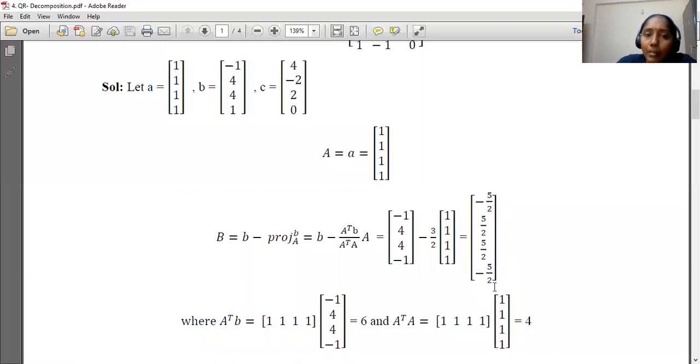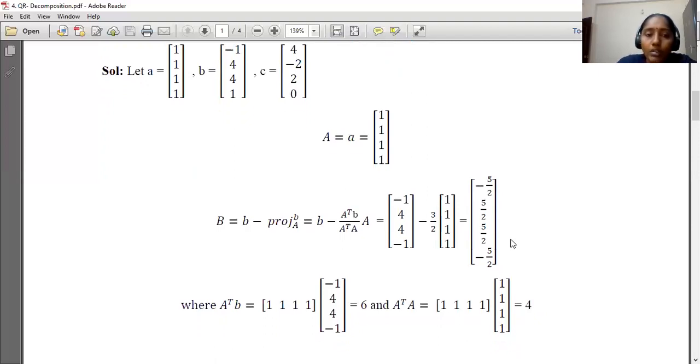So this vector B is orthogonal to A. After finding vector B, check whether A dot B equals 0 or not. Either A dot B or B dot A, both should be 0. If both are orthogonal, that means the dot product of A and B is 0, then your calculations must be right. This is just verifying whether your step is right or wrong.